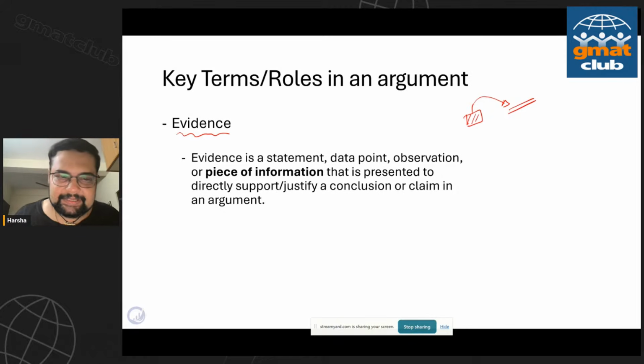That's what evidence is. Now, if you go and check the literature, a lot of people do think that evidence is purely a factual thing. Evidence is usually factual. Usually it's some data point, some observation, some study result, and so forth. But it does not always have to be a fact. Now, again, if you think real life, you can understand. I'll give you an example.